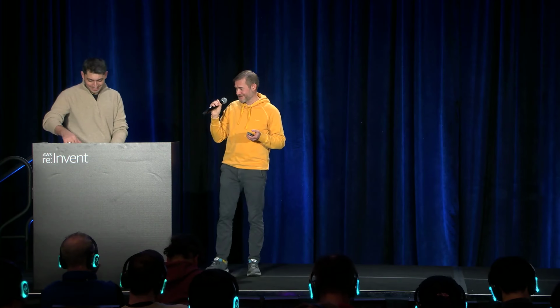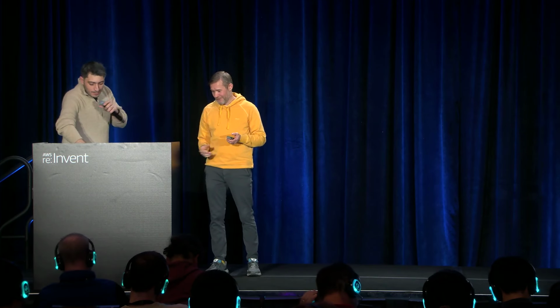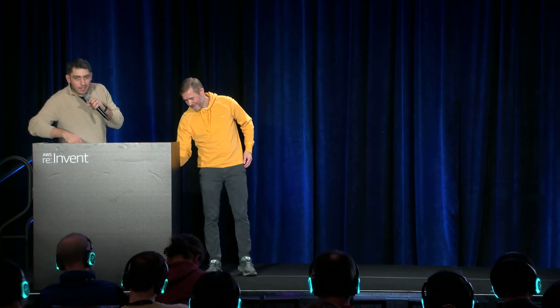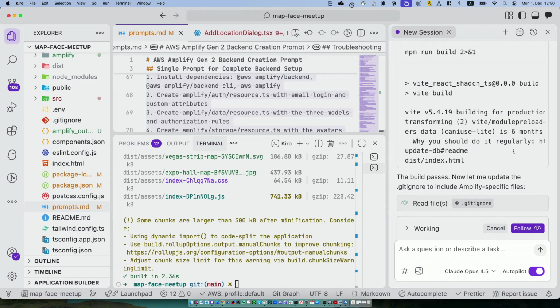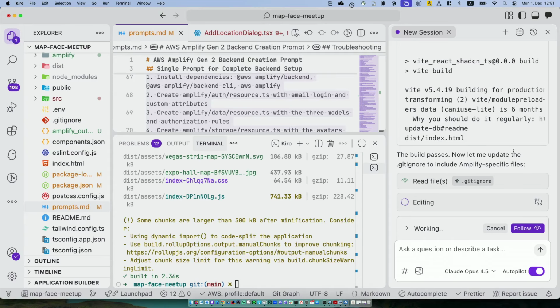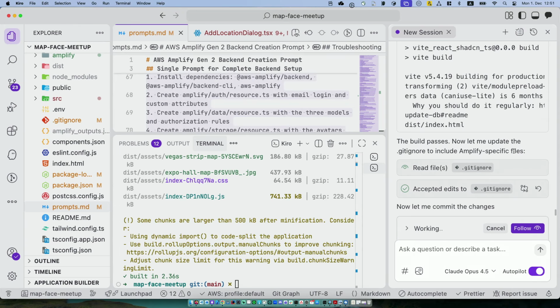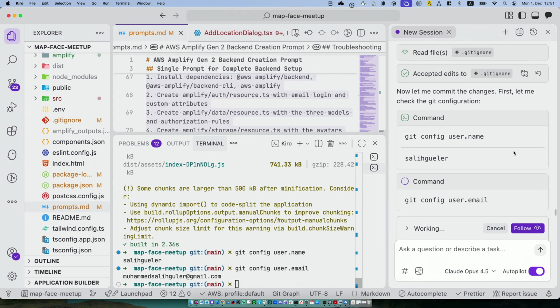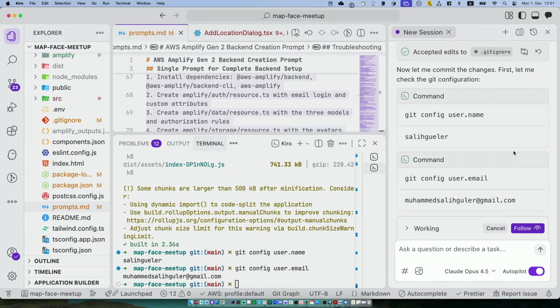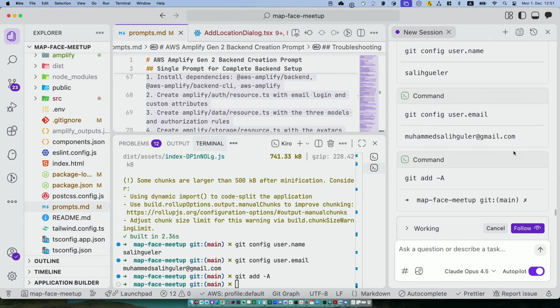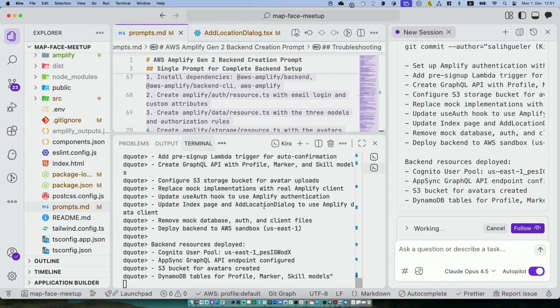Almost there. Okay, we are almost there. I know with a lot of setbacks and so on, it was a very interesting session, but thanks for sticking around. Thanks for being here. For us, it's really important that we tell you everything that we have done for re:Invent, not only re:Invent, but also for Amplify as well. Amplify is one of those services that is very close to my heart, and I'm really happy that we can showcase what we have built around it.